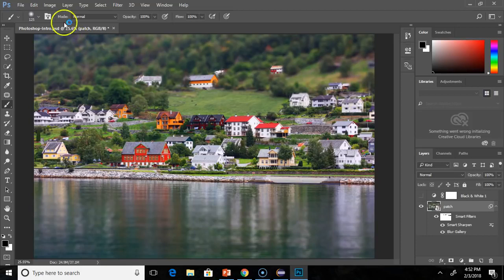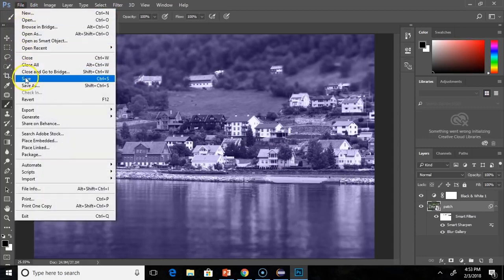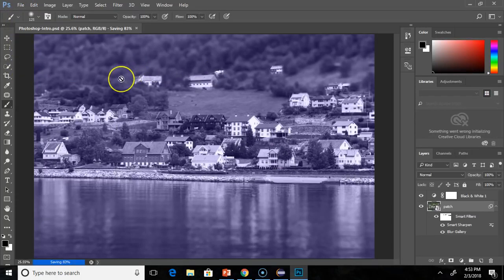All right. So my document is done now. If I go ahead and reapply that filter, you can see there's my blur effect. Now what I'm going to do is go File, Save. Now if I want to export this document, let's say as an actual picture file, I'm going to go ahead